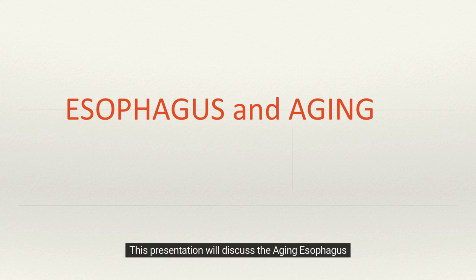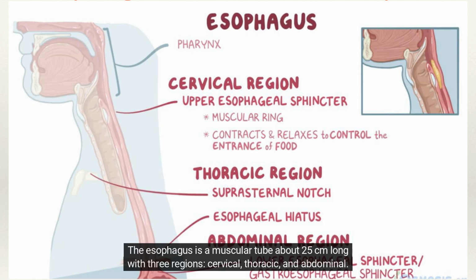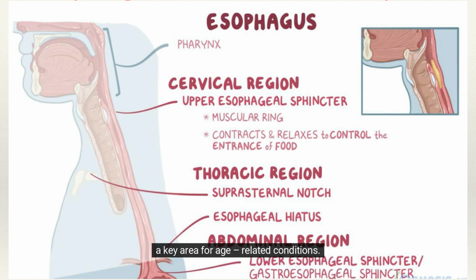This presentation will discuss the aging esophagus. The esophagus is a muscular tube, about 25 centimeters long, with three regions: cervical, thoracic, and abdominal. The esophagus traverses the diaphragm, where the lower esophageal sphincter (LES) exists, and can be a key area for age-related